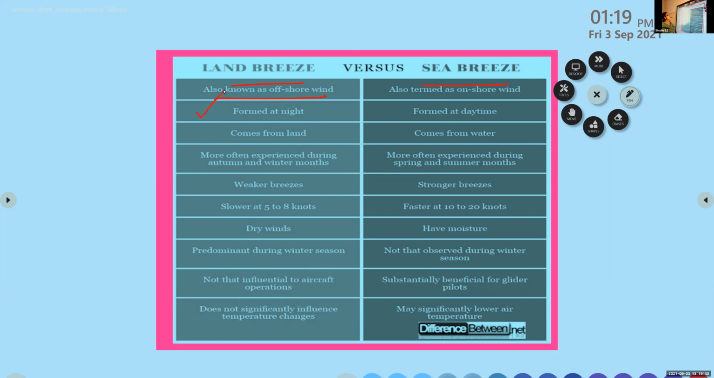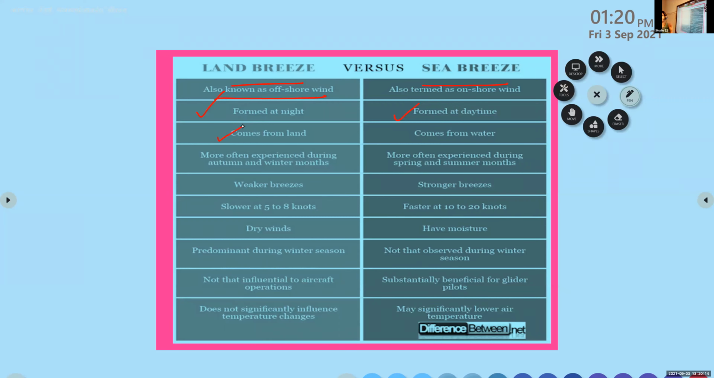Second point, land breeze is formed at night. So that is some difference. You will be wondering, land breeze at night. That I will explain to you later. So it is formed at night, and sea breeze is formed at daytime. That means the breeze you are feeling during the day is not land breeze, it is actually sea breeze. And this is an application of convection of air. Okay. Next,